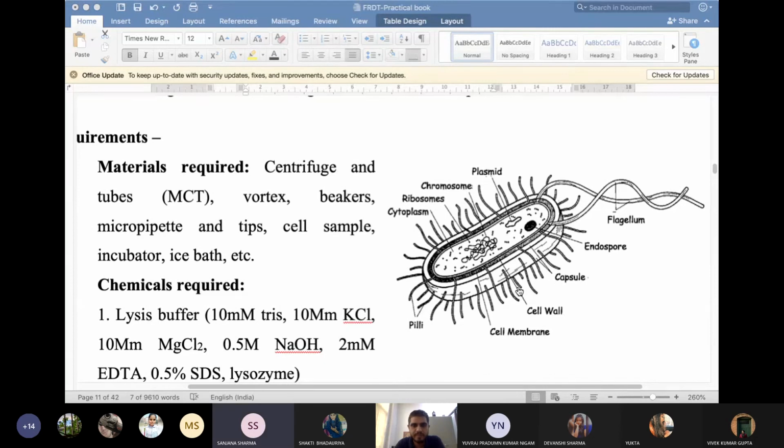So DNA is freed from the nucleus, but it is mixed up with the rest of the cell parts. Now it is mixed up, but where is it now? Is it within the cell or not?